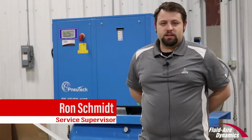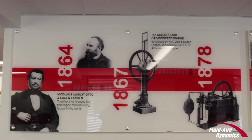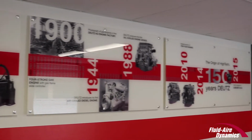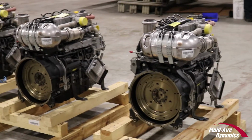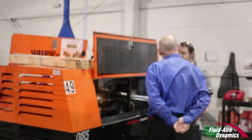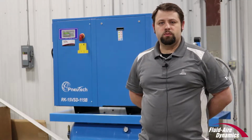DEUTZ Corporation is the world's first engine manufacturer. We were founded in 1864 by Nicholas August Otto and Eugene Langen. Other famous names with our company were Robert Bosch, Ettore Bugatti, and Rudolf Diesel, the inventor of diesel fuel. We produce industrial engines for a variety of equipment, including air compressors, bulldozers, hydraulic pumps, water pumps,